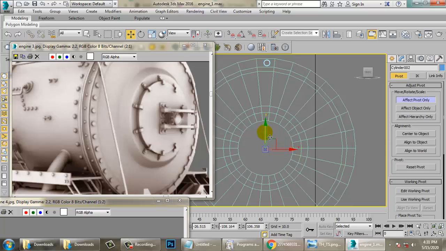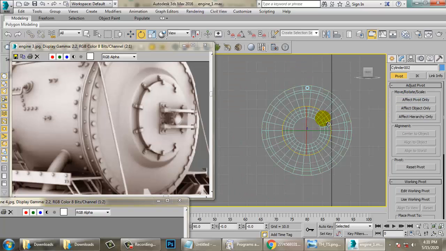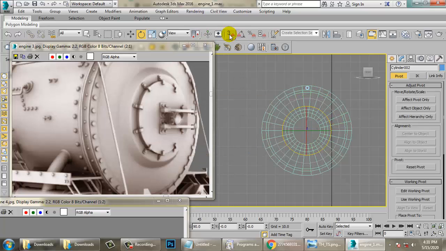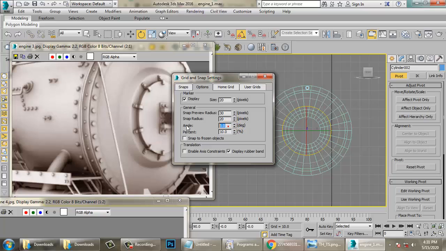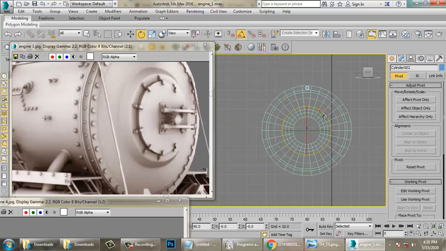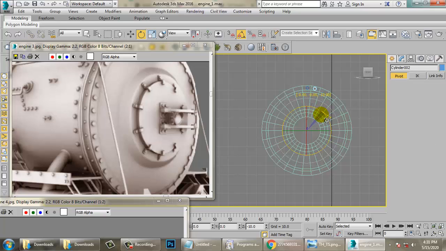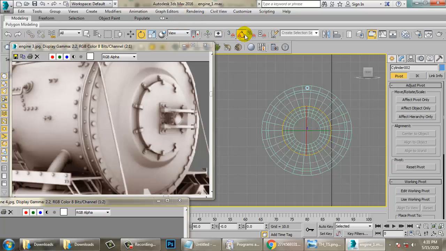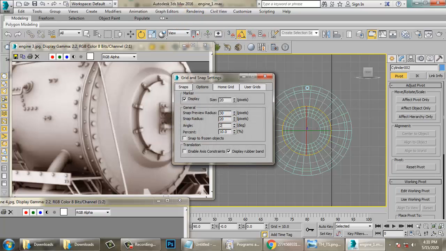Push it a bit out. That's it. Once you're done, you can rotate it a few degrees. I'm going to shift it by 10 degrees, or we can say 20 degrees.